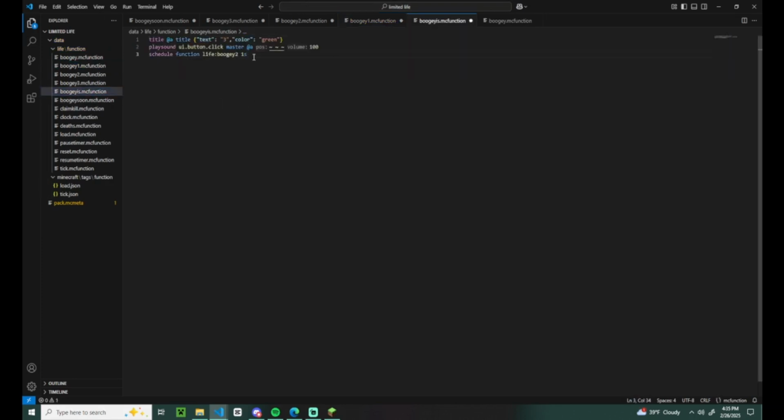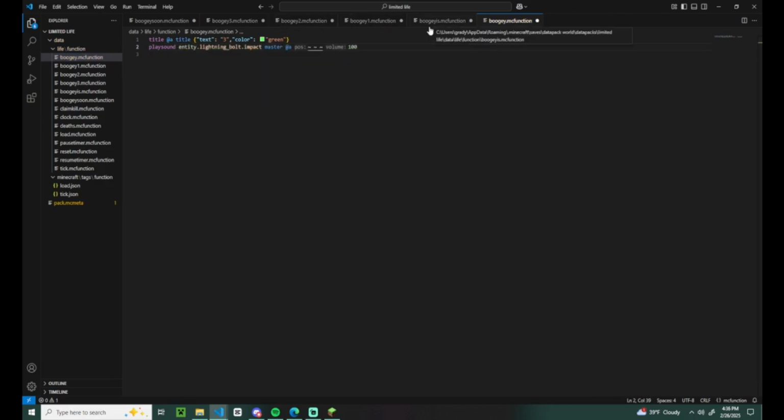And boogie is, you're gonna do boogie instead of boogie 1, 2, 3 or boogie soon. And you're gonna set that for like 3 seconds for suspense. And then in here, you're gonna say you are... Let's change that to yellow. And then boogie, you can copy it. Get rid of that because you're not gonna need the schedule. I would recommend changing the sound to like lightning bolt impact. So depending on how many boogie you would like, you're gonna wanna